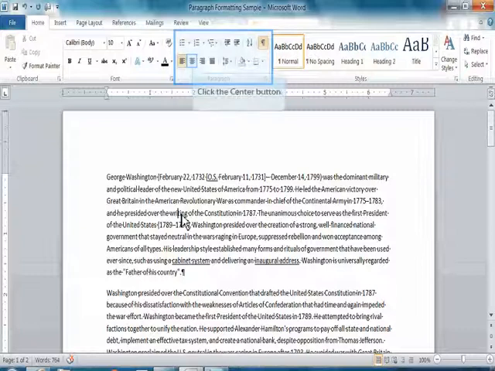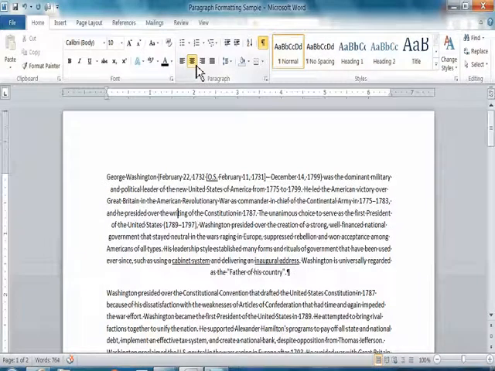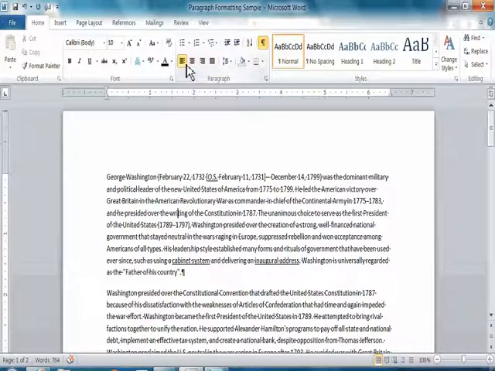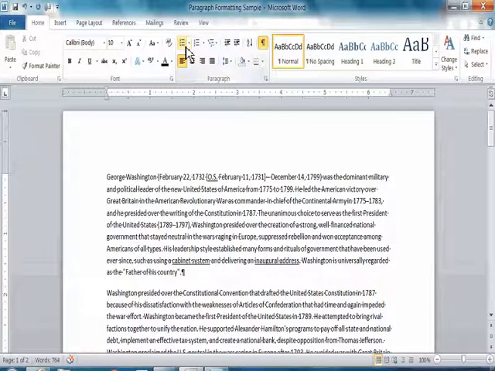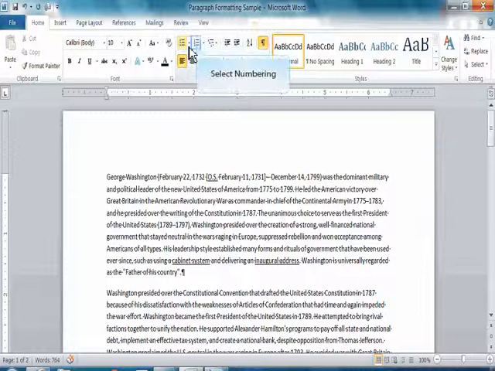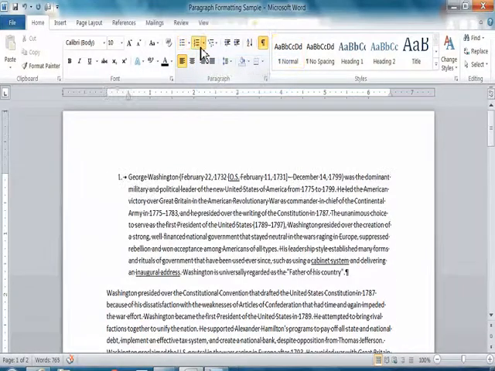From the paragraph ribbon, if I click on the center alignment, that entire paragraph has now been centered. I can revert back to a left alignment by clicking on the left alignment option, and my paragraph is now left aligned. If I need to apply a bullet to this paragraph, I can come up here in the paragraph ribbon and choose bullet. If I want to apply any type of numbering, I can turn off my bullet and I can come over adjacent to the bullet and apply the numbering option, and now I have a paragraph that's